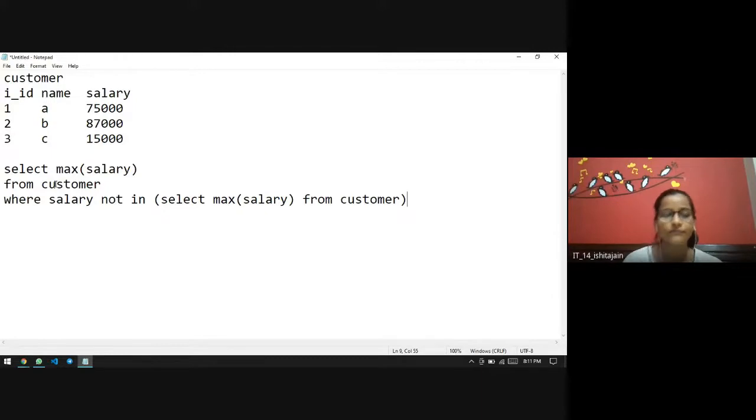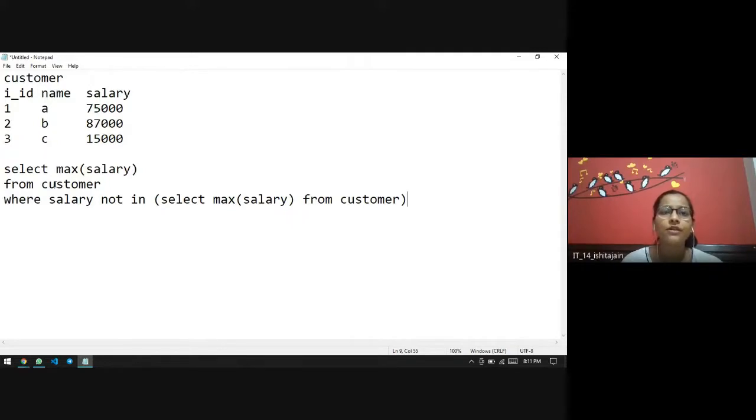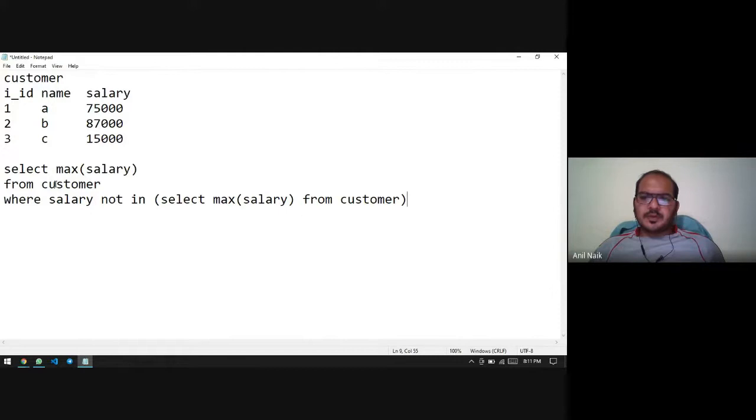Can you tell me the operation of join operation? Sir, join operation is of two types. Number one is the inner join. Number two is the outer join. Outer join has three joins in itself: left outer join, right outer join, and full outer join. Can you explain with an example?